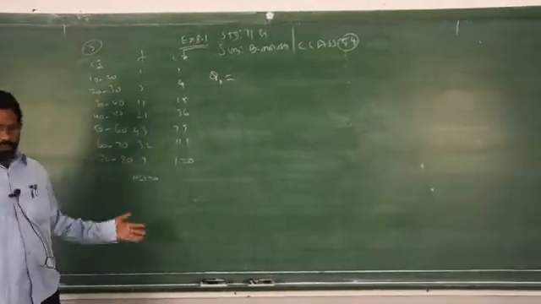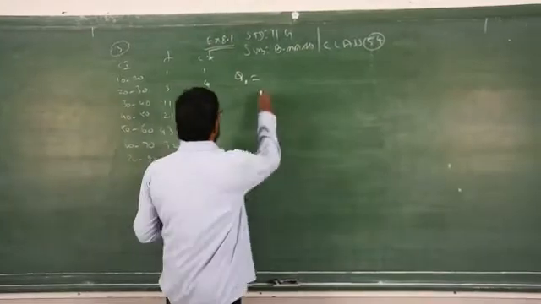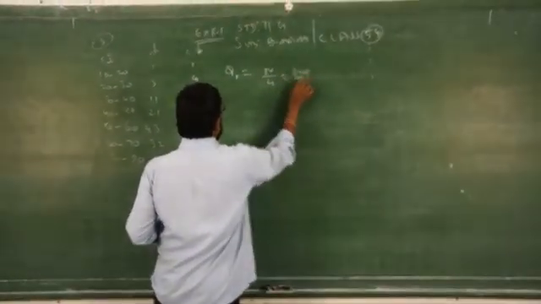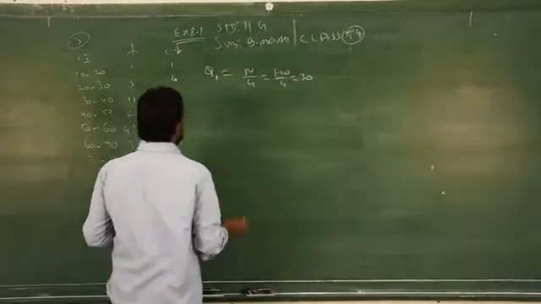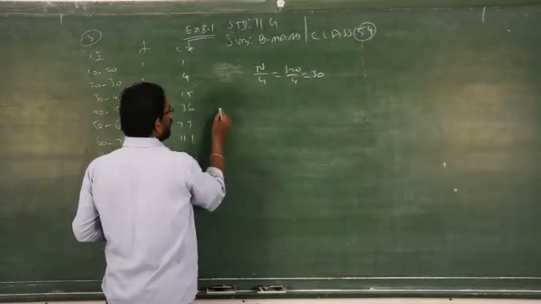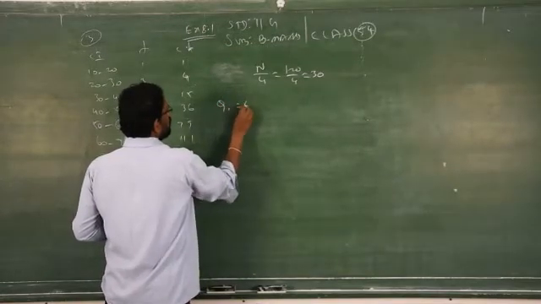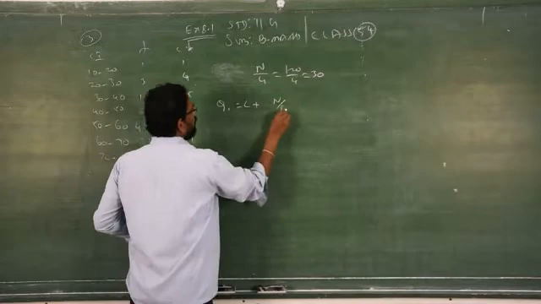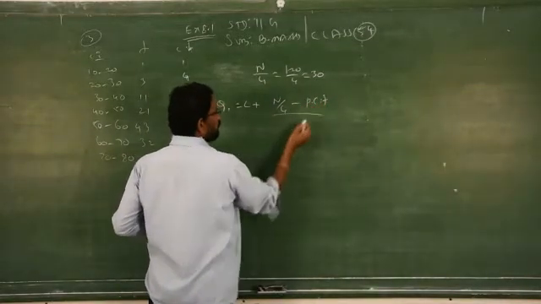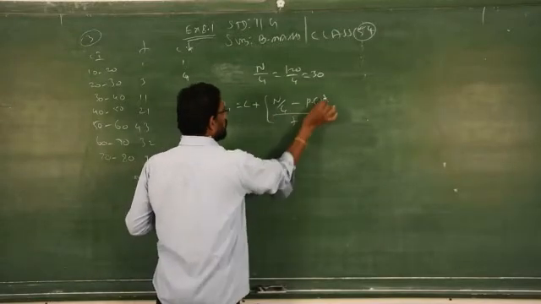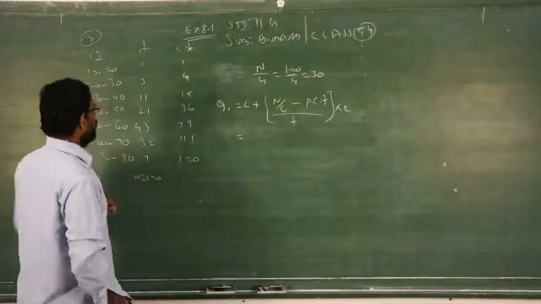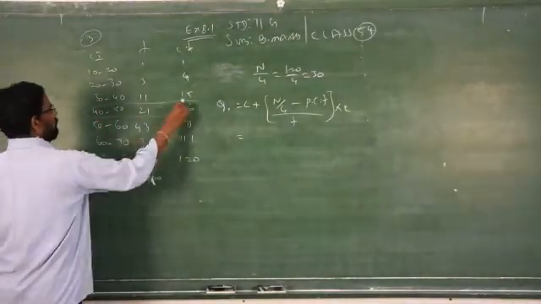This is continuous data. For continuous data, you have to find quartile 1, that is n by 4, 120 by 4, which will give you how much? 30. So to find quartile 1, you have to find out n by 4. Clear? So now Q1 is equal to L plus n by 4 minus PCF, that is previous cumulative frequency, by frequency, into C. So 30, where will it come? It falls on the 36.